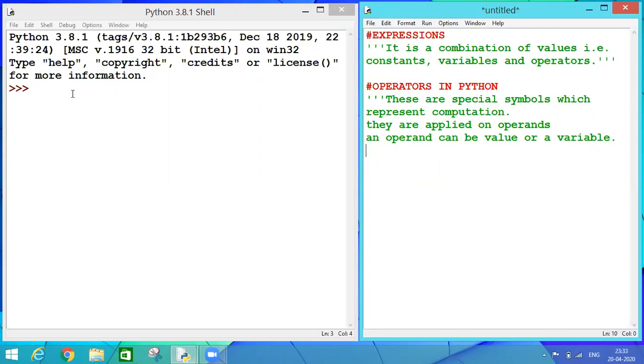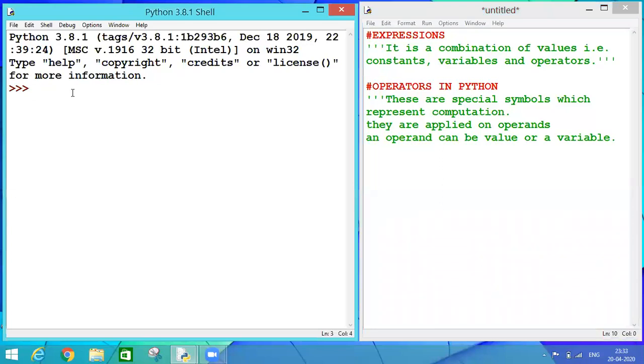Let us start with one example. If I say A is equal to 2 and B is equal to 3, and I say that C is equal to A plus B. So what is happening over here? I am assigning this addition of A and B to C variable.